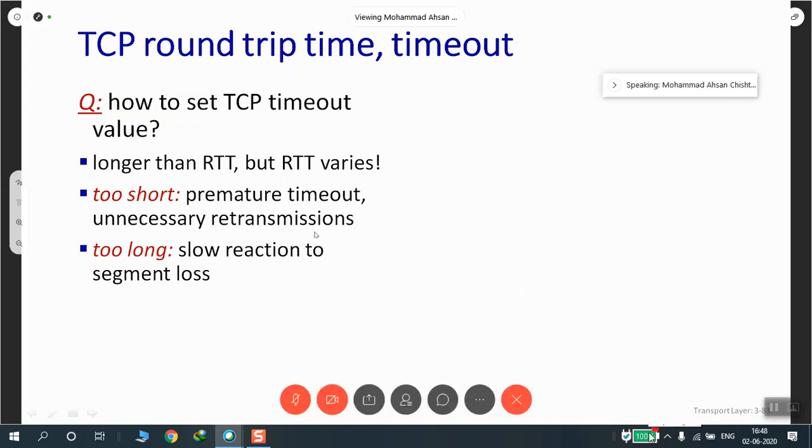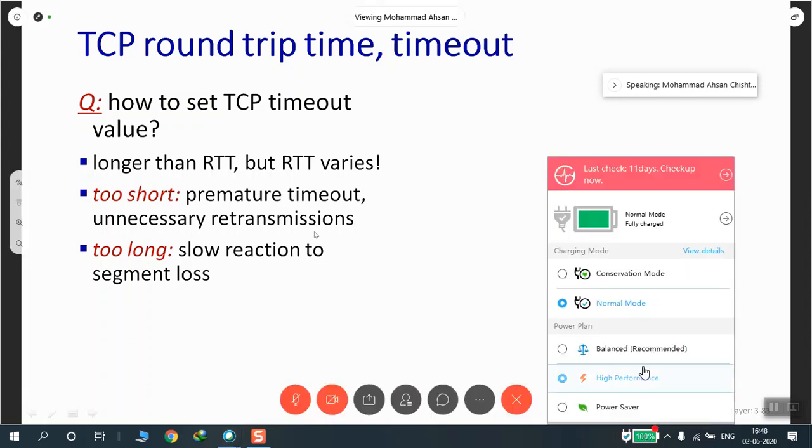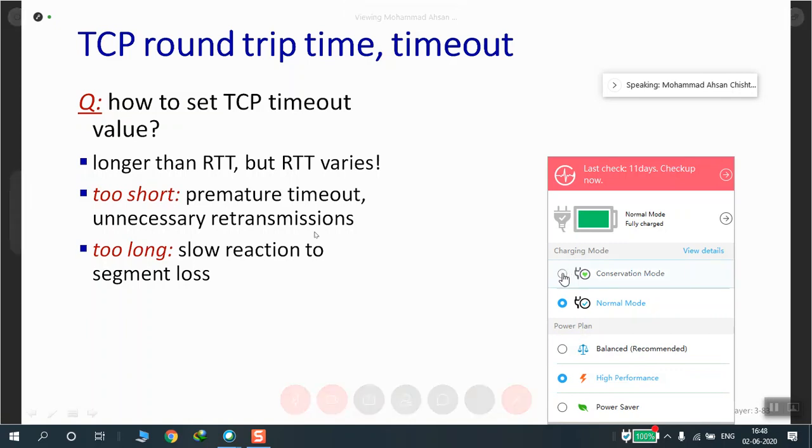How do you set up this timeout? You set up this timeout in such a way that it's not too long, that you are waiting for the acknowledgement, nothing is coming, the packet is lost or the acknowledgement is lost, but you are waiting. It wastes a lot of time.